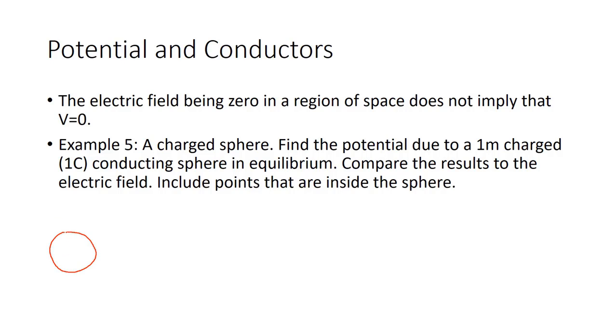So we're going to look at a charged conducting sphere in equilibrium with a radius of 1 meter, a charge of 1 coulomb, which is going to distribute itself on the surface because we are required in equilibrium for the electric field inside the conductor to be equal to 0. So, if we're going to look at the electric field for that,